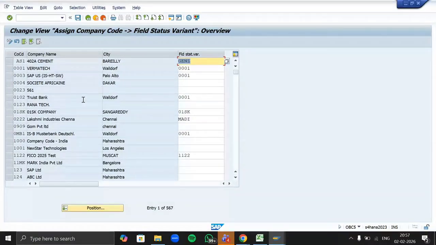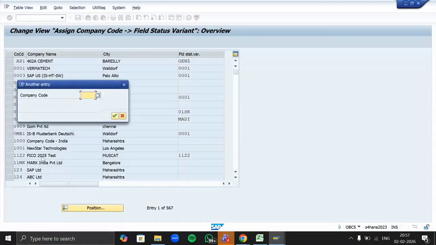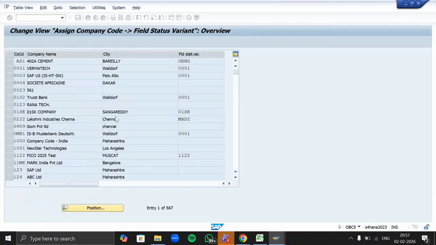Let's go to OBC5. Whenever you create anything, it's mandatory to always assign it to the company code. Now, whenever you go for the assignment, you will never get an option of new entries. What you have to do is go to position. It asks for your company code, and my company code is TG01, and click OK.